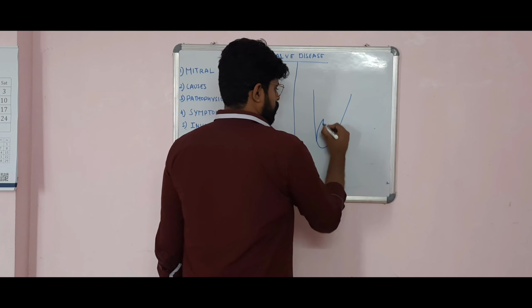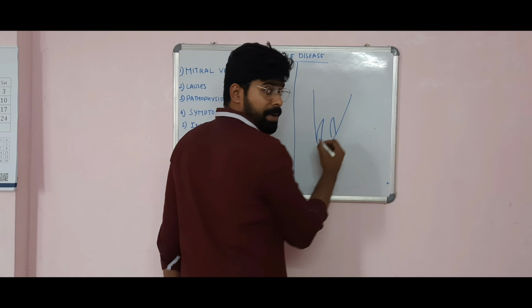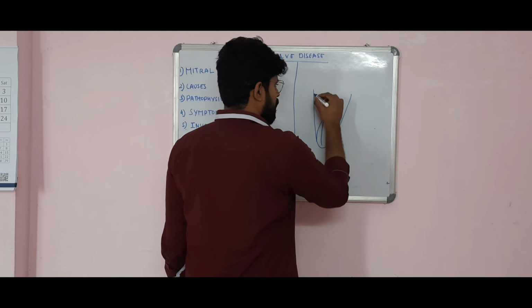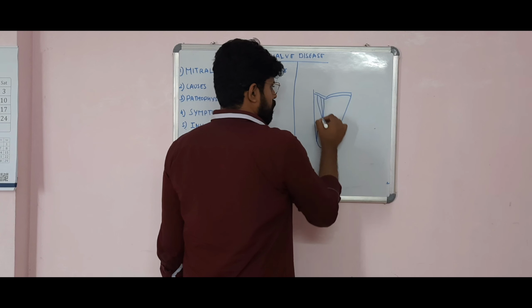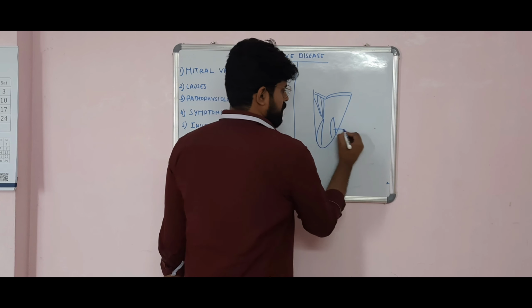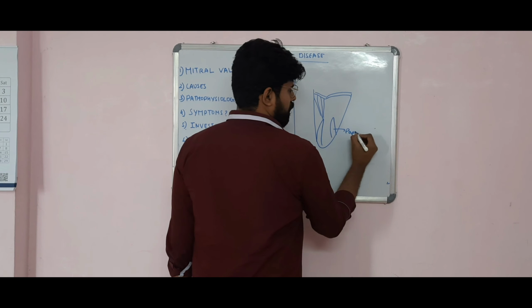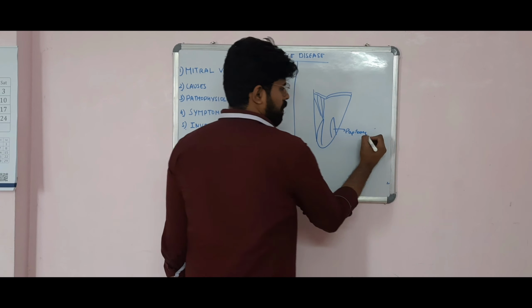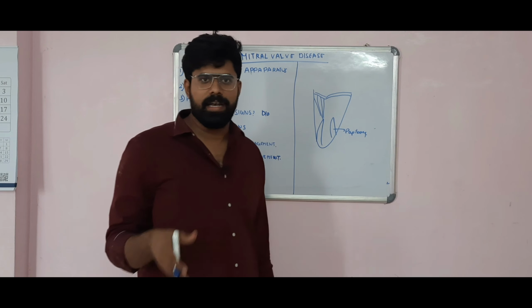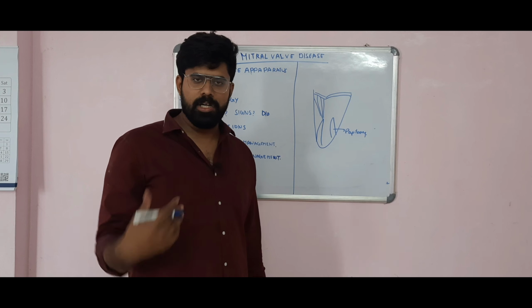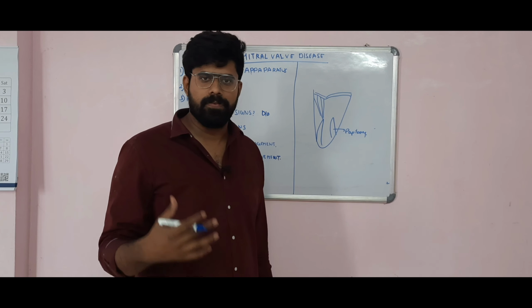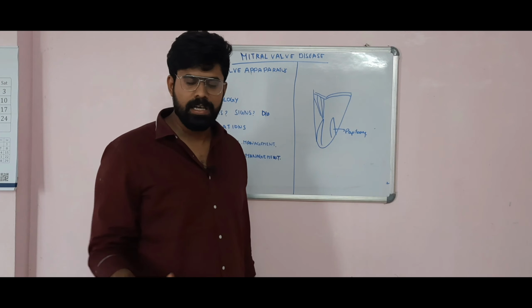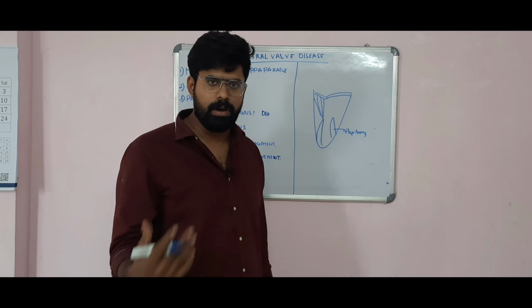You can also have the other structures, namely the two papillary muscles. From the papillary muscles to the leaflets, you have a lot of chordae tendineae. There are two papillary muscles, namely an anteromedial papillary muscle and a posterolateral papillary muscle. The anteromedial papillary muscle has a dual blood supply, and it has less chance of necrosis or infarction. It will be involved only in an anterior wall MI.